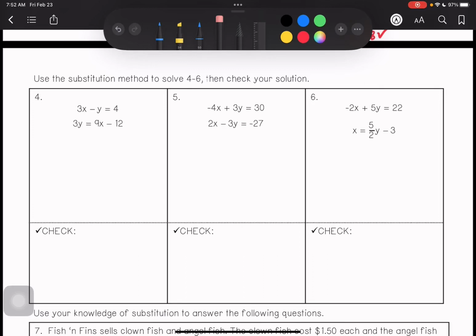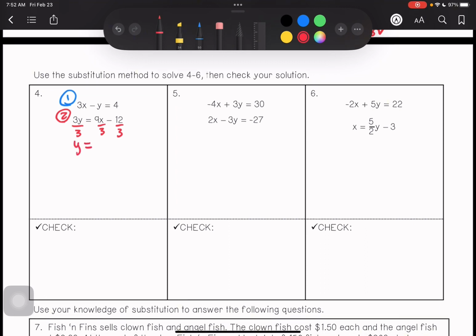Okay, now we're on the second page and we're checking our solution for substitution. So we have equation 1 and equation 2. For equation 2, we're going to put this in slope-intercept form by dividing everything by 3. So that leaves me with y equals 3x minus 4. So we're going to substitute y into this part of the equation for equation 1. So we have 3x minus, and inside parentheses, we're going to put 3x minus 4, since that's the value of